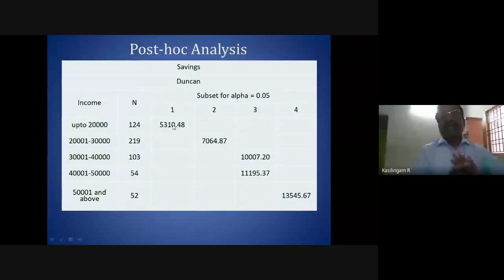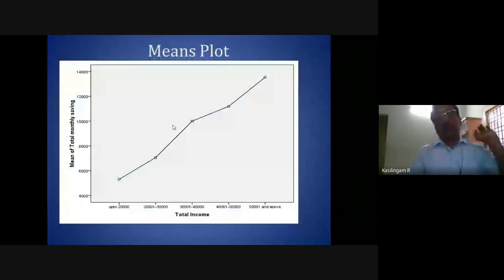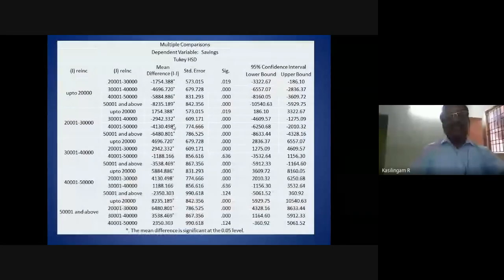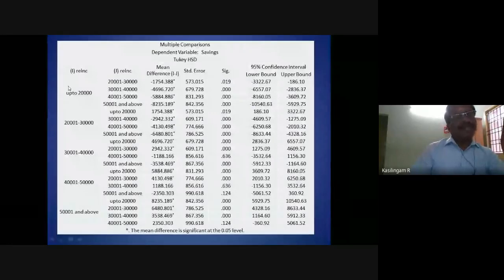This is a Tukey post hoc. Tukey it is taking one with all the other four individually, it is checking, and individually it is reporting mean difference and individually it is reporting significant value.